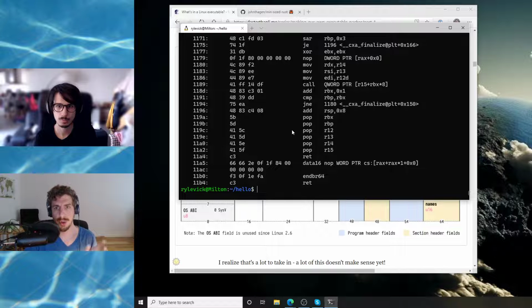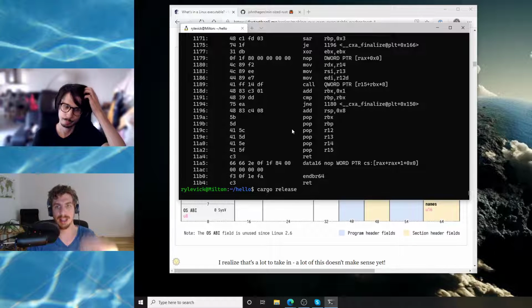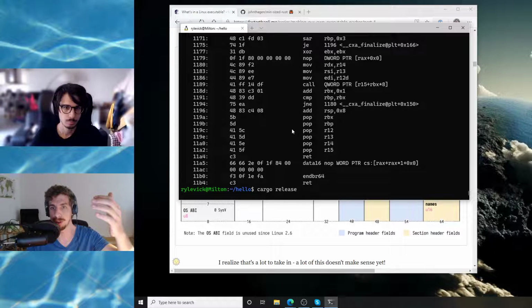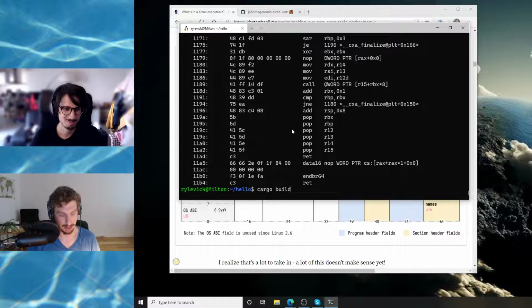Now we've stripped symbols, which makes this a lot harder to read than it would have been otherwise. So I'm going to go ahead and rebuild so that we have those symbols again. This will make our executable a little bit larger. We'll go from 14 to 17 kilobytes, for instance. But those 3 kilobytes are very helpful when we're looking at this code. So cargo build --release,